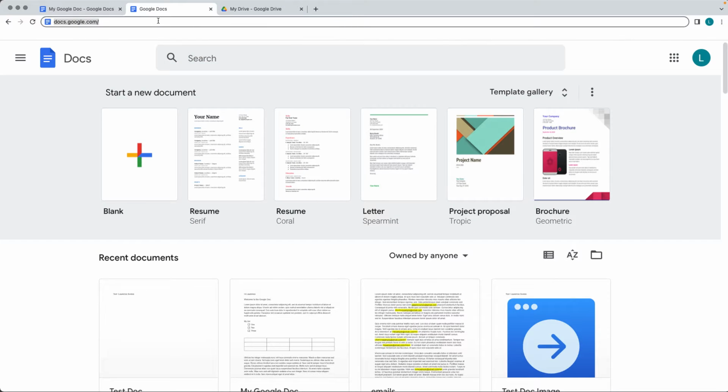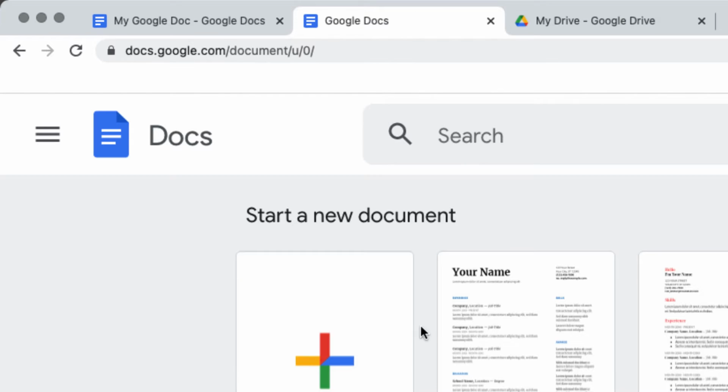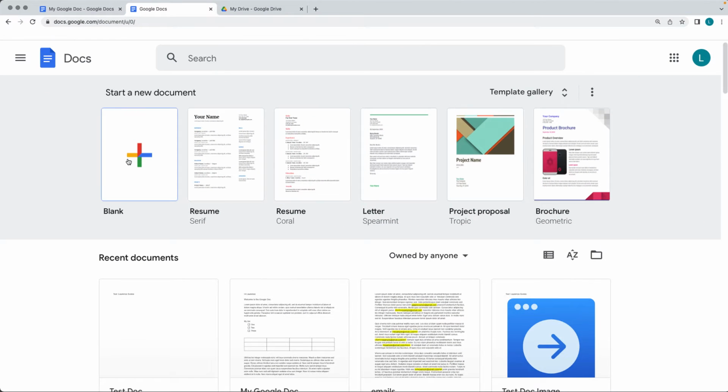Once you've logged into your Google account, there's a number of ways to create a doc. One of the shortcuts that you can use is docs.google.com. You can also bookmark this so that at any point you can open up and create a document. What this will do is bring you to the path where we've got the Google Docs. This is where the main dashboard is for the docs, where you can start a new doc. You can select from the various templates, as well as see your recent docs and do some sorting